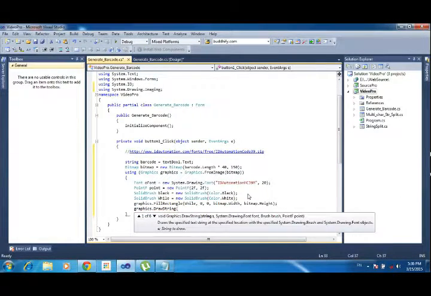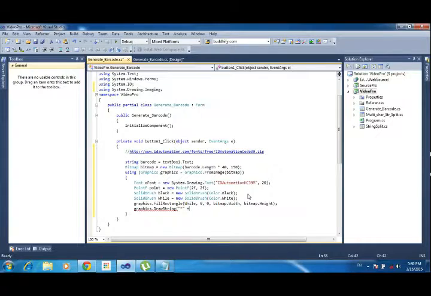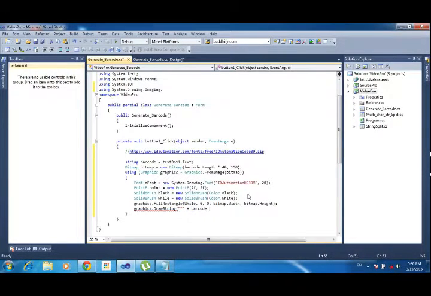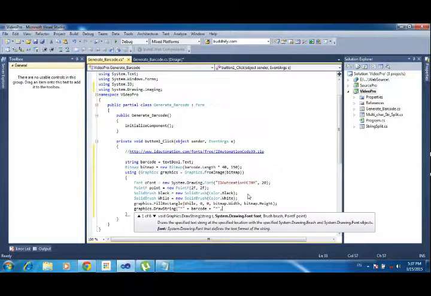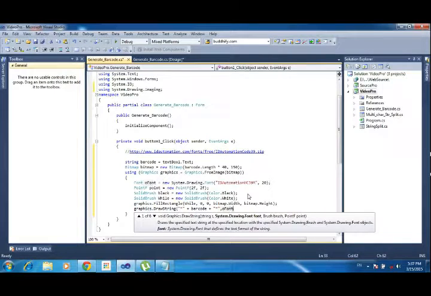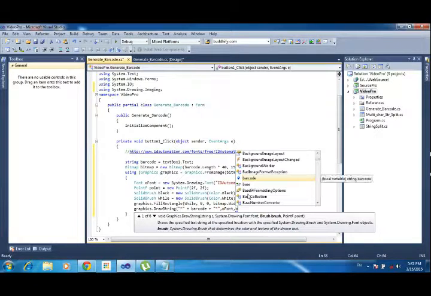Here the string is, before that I am using star and plus barcode plus again star, comma, and font comma, brush color is black.